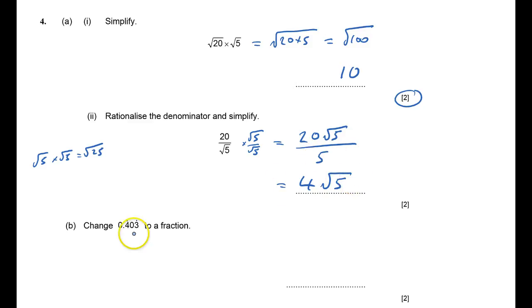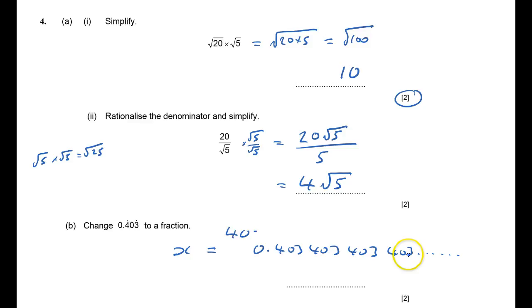And this is a recurring decimal, so it's got the dots above the 4 and the 3, so that actually means 0.403, 403, 403, 403, goes on forever, a bit like some lessons. And the way of doing this is say that x equals that, and if I times this by 1,000, then